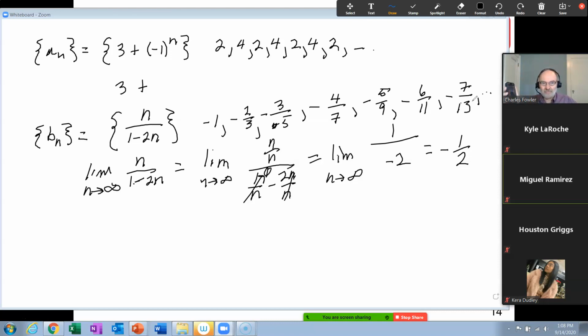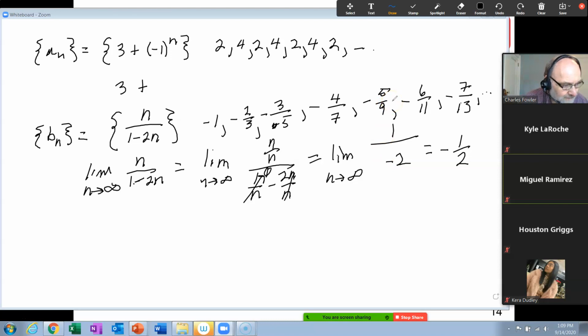You never really reach it, but that's where it's going to in the limit. And we've only got down to -0.54, so it would take a bunch of terms to get down to -0.51, say, because it's getting closer and closer, more and more slowly. Okay, so that's what you got there. It does seem to be going to -1/2, and that's what this tells you. Much faster and easier than doing that.